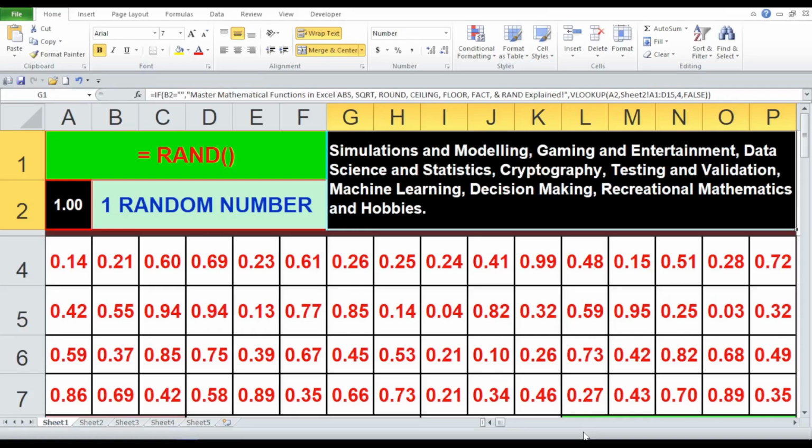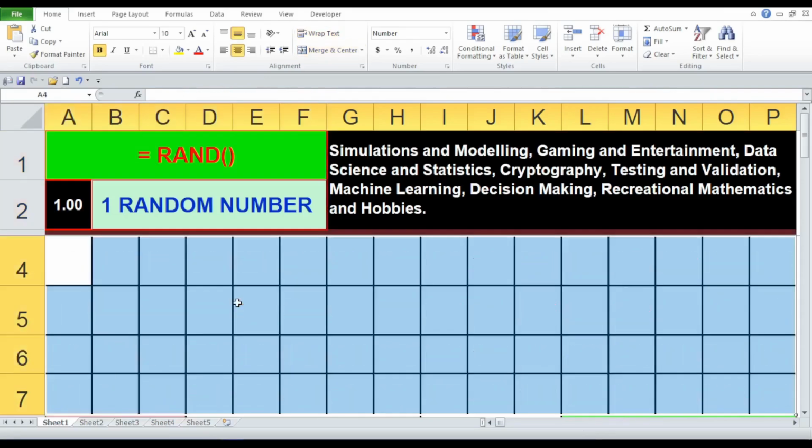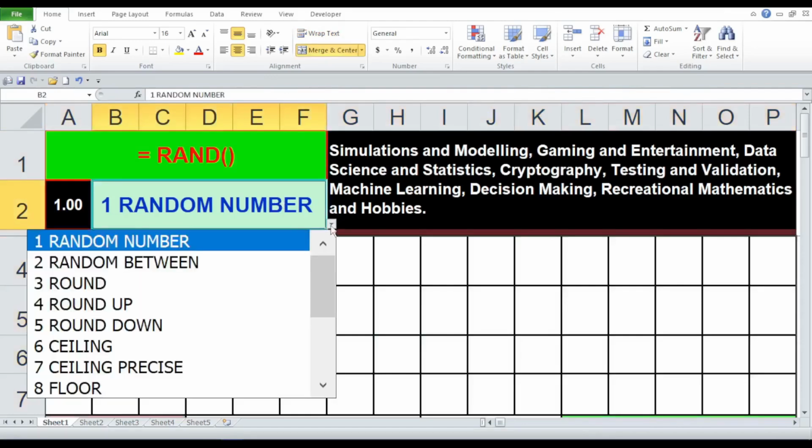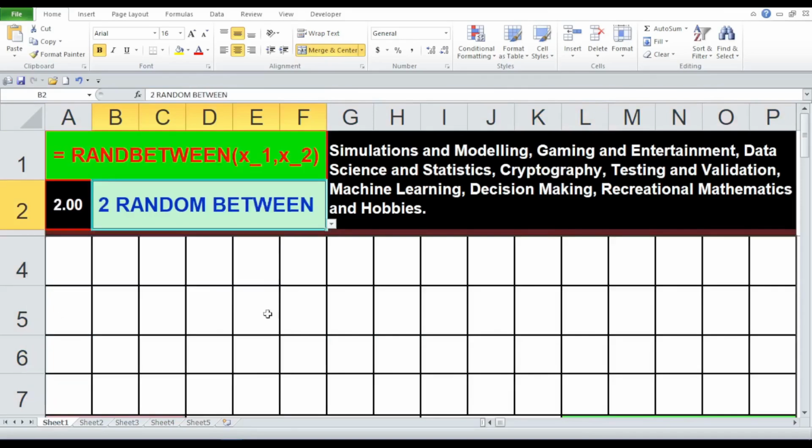Alright, our next function is RANDBETWEEN. Excel function RANDBETWEEN. Next, let's switch gears and explore the RANDBETWEEN function. This function allows us to generate random integers within a specific range. You'll see that I've changed the drop-down menu selection to random between. The syntax for this function is, equals RANDBETWEEN and within first bracket,